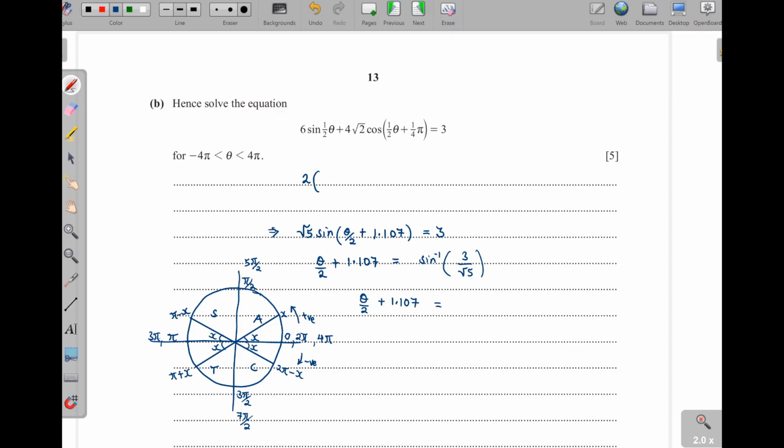Then 3 sine of a half of theta. Then plus, this one will be 2 root of 2, then the cosine of this one is theta over 2, and then plus pi out of 4, like that,